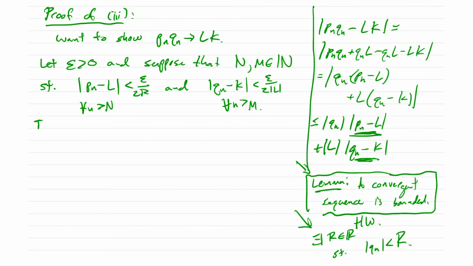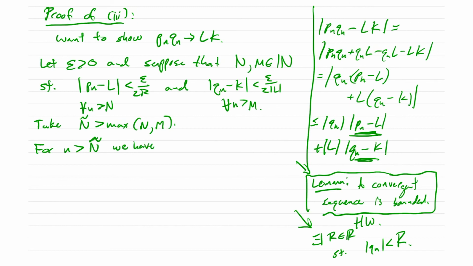And then we're going to take n tilde to be bigger than the maximum of n comma m. So then for n bigger than n tilde,